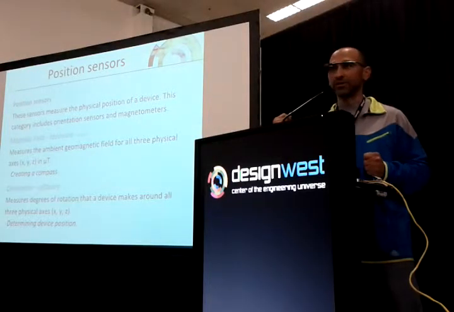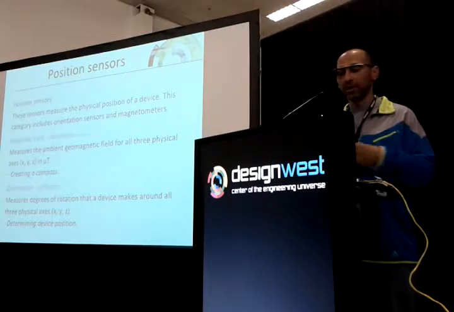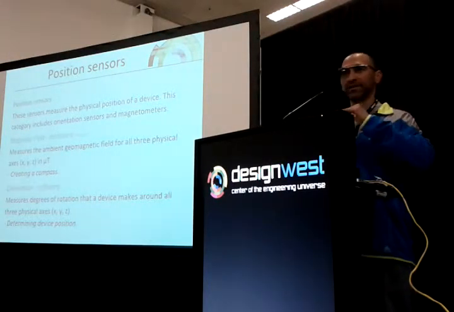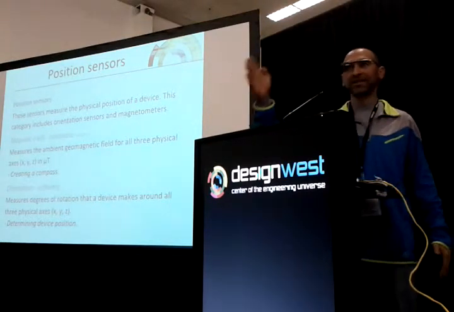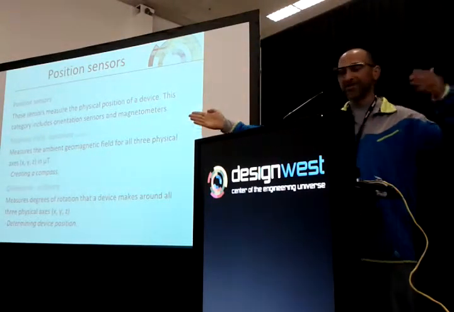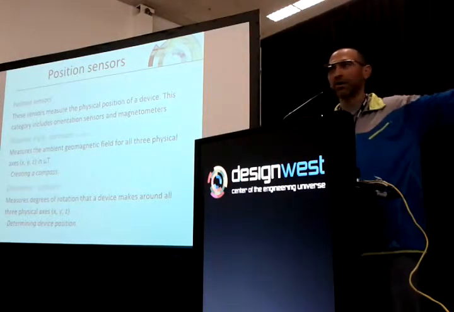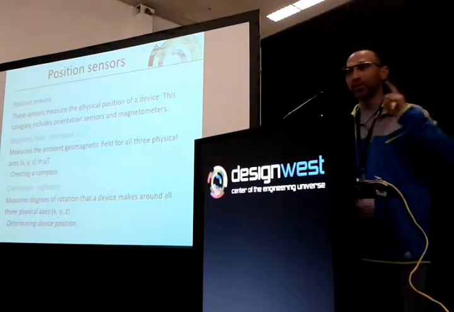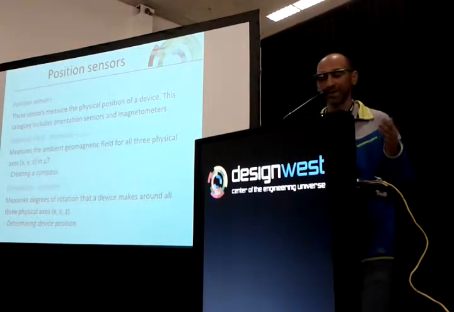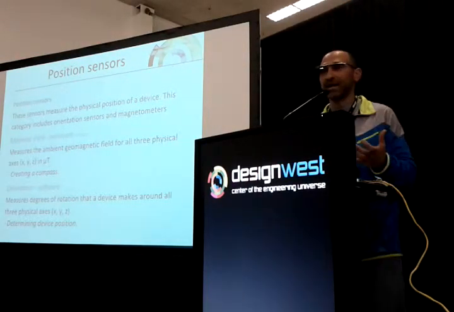The position sensors still give you numbers even if the phone's not moving, like the magnetic field. That's a hardware sensor, so it's going to give you garbage. Because with the magnetic field, if you say, I want to know north, it's going to show you magnetic north. And the magnetic sensor is next to a motor and other electronics, and you're just getting garbage out of it. But what you want to use is the orientation sensor. The orientation sensor actually filters all that stuff out and gives you the orientation of the phone.